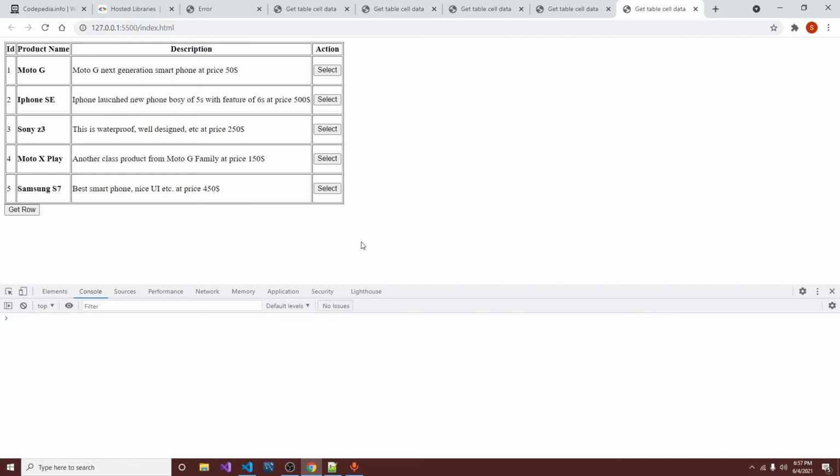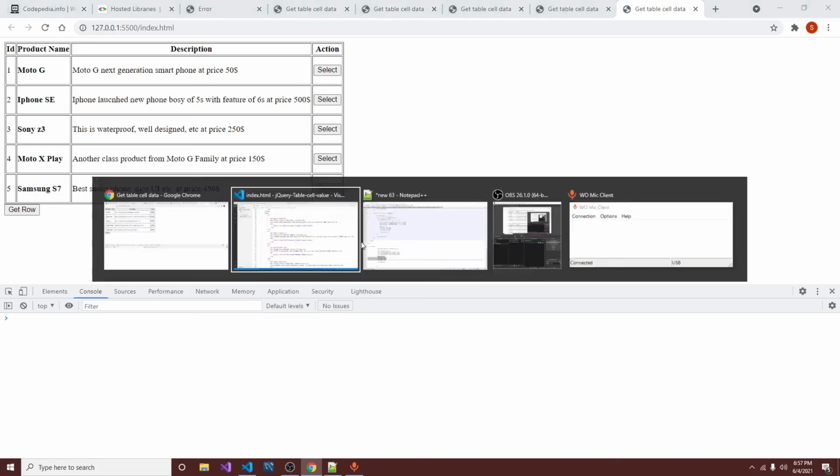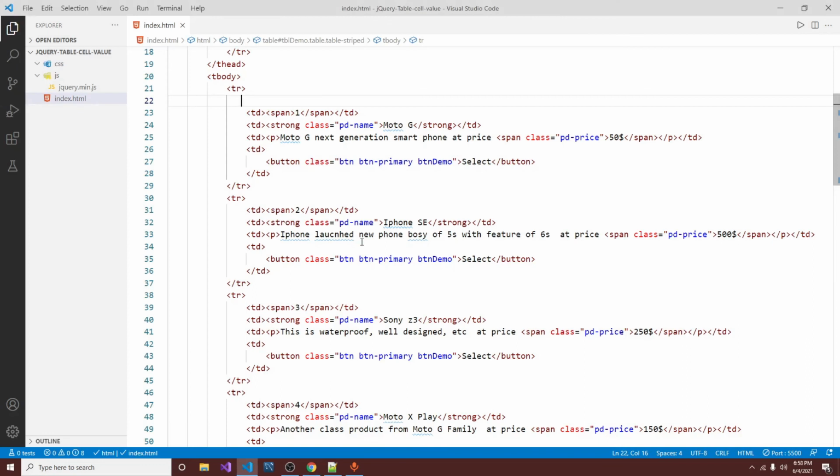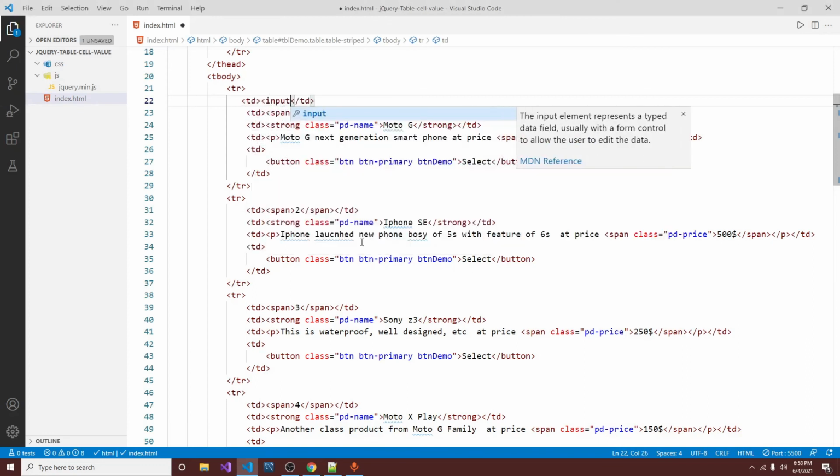Now let us check for demo 4, where we fetch selected table row based on the checkbox checked condition. So first we need to add markup here, input type checkbox, and add a class.